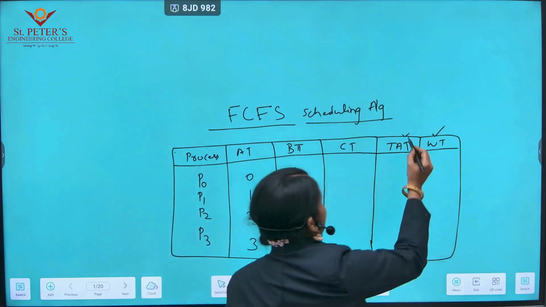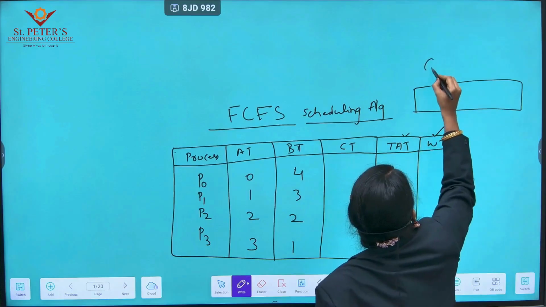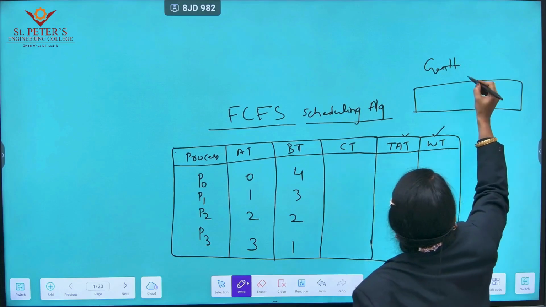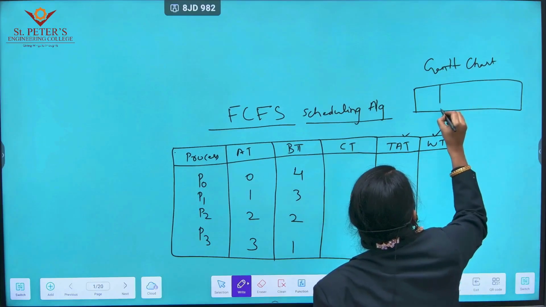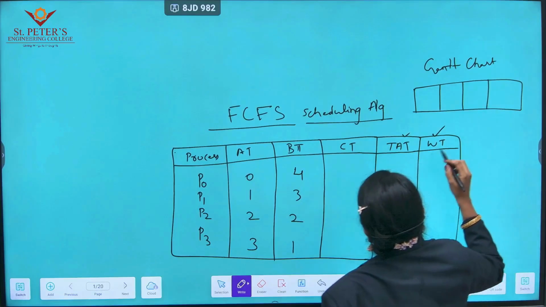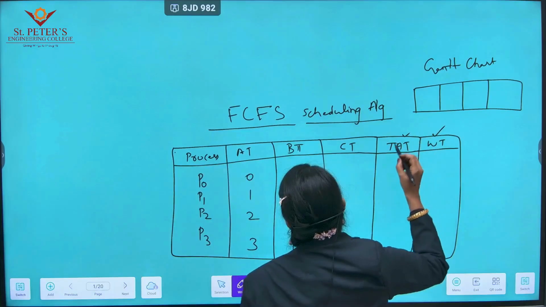So here we are taking a Gantt chart to calculate this FCFS scheduling algorithm. I am using the Gantt chart for graphical representation. By using this Gantt chart we can easily solve this problem. Okay, so first we have to know